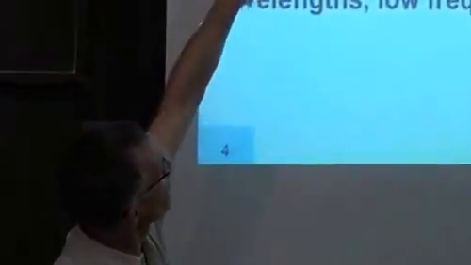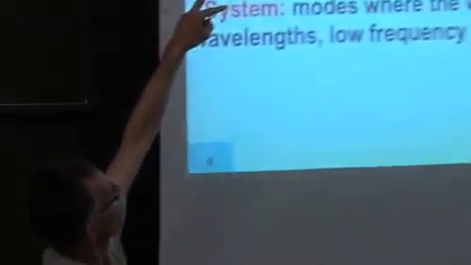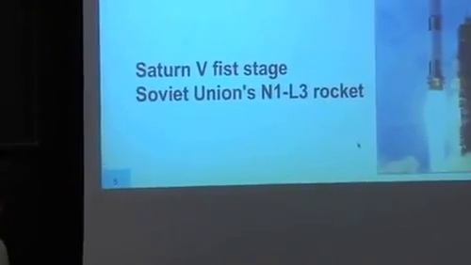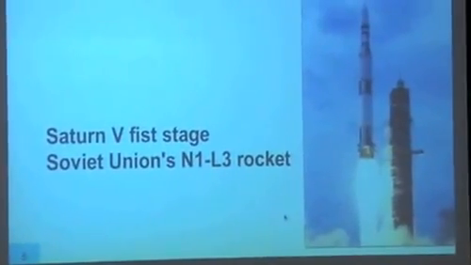And then you can have system instabilities. That's the case where not only the combustor, but the whole propulsion system, for example, is involved. The classical example is the Pogo instability. So, of course, these are long wavelengths, mid wavelengths, and short wavelengths, you know, a few millimeters, a few centimeters, a few meters. So the Pogo effect is a classical one.